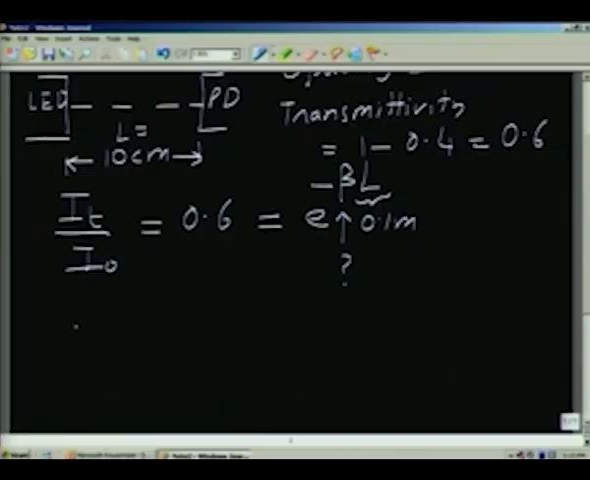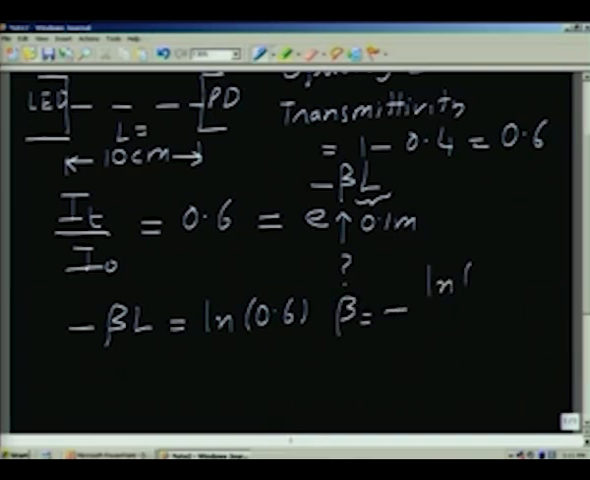So, all I have to do is to take logarithms on the two sides with respect to natural logarithm, then you see that minus beta L is equal to logarithm of 0.6, and I can put the value of 0.1 for L, and therefore, beta will be given by minus of logarithm of 0.6 divided by 0.1,